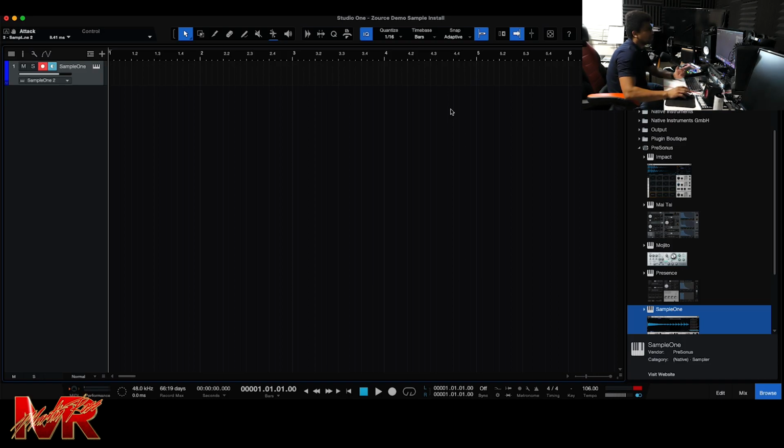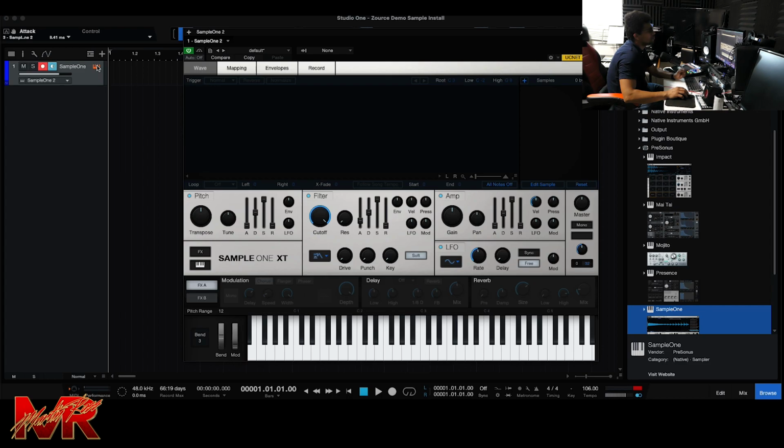And I've got Sample One loaded up. All right, Sample One is a sampler where you can put any type of samples. Usually when I make beats with subs, I'll take a sample of a sub that I make and I'll just drag it and stretch it, because usually subs aren't going to be polyphonic, but here we're going to be using polyphonic